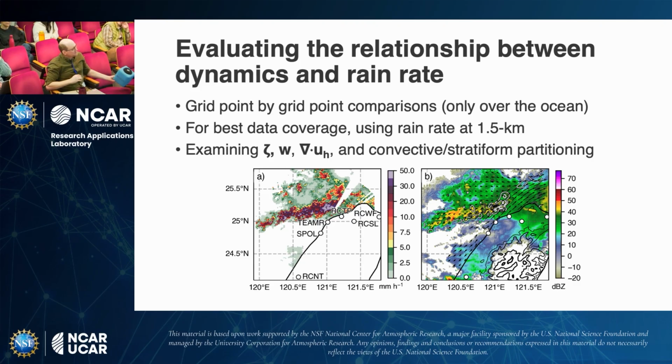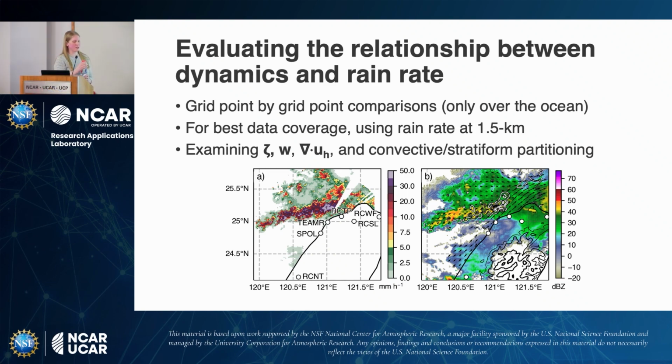Yes, this is just the pure vertical or relative vorticity from the SAMURAI analysis. That's a great question. That's definitely one limitation of our vertical profile analysis. It could be at, say, a leading edge associated with the convergent line and be slightly offset. And then, of course, precipitation doesn't just fall out directly. So that is something we haven't figured out the best way to handle. I alluded to this in the future work. One thing I want to do is look at individual updrafts, find a better way of encompassing the full updraft structure, and then use that to look at the statistics and how that might change things.